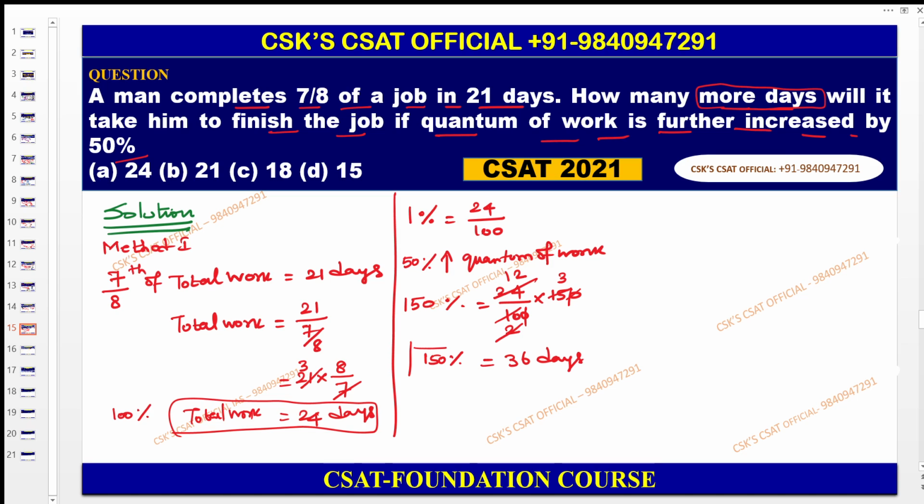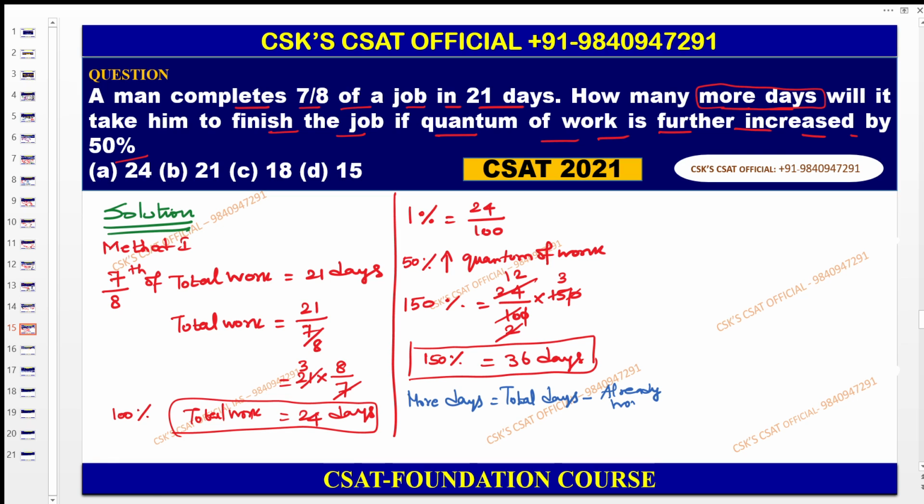If the question is related to how many number of days will it take to complete the job, right, after that 50% of the work increases, then the answer is 36 days. But here they're asking how many more days. In such a situation, what you need to do here? In order to calculate the more days, you need to do this one. Simple. Total days minus already